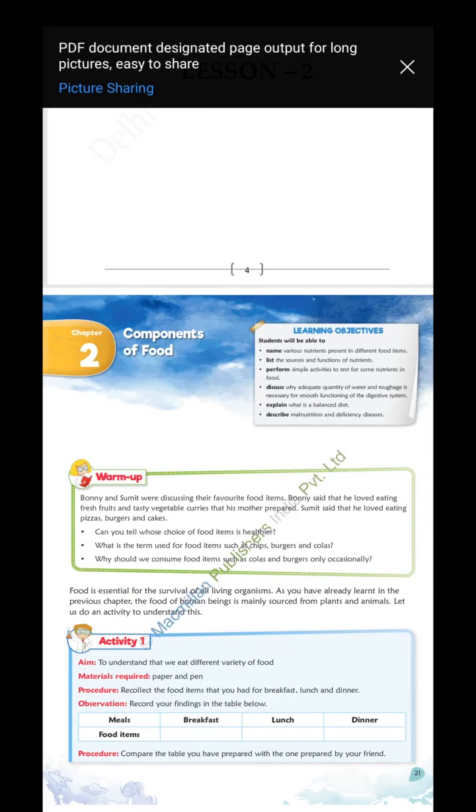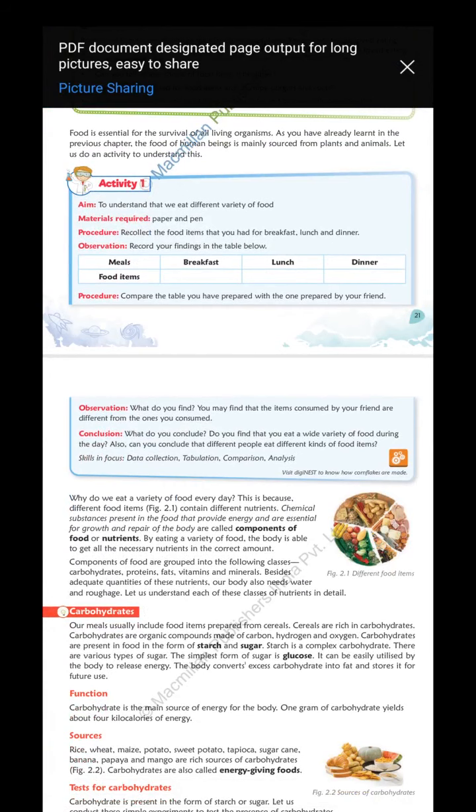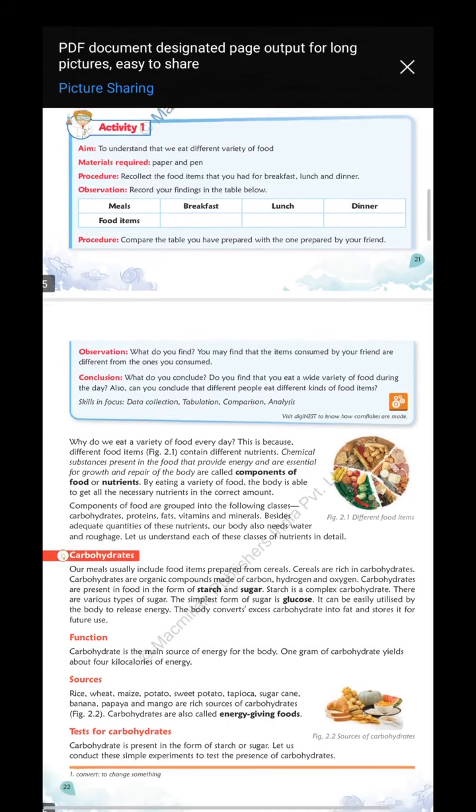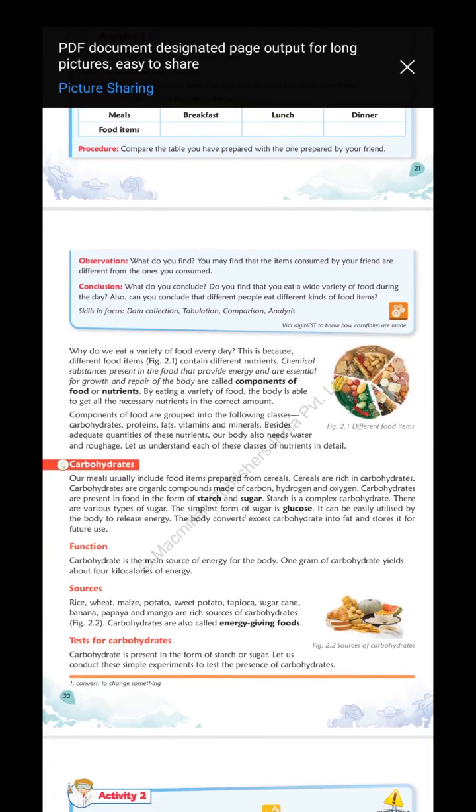Components of food. This also comes under biology. These two lessons come under biology. Fiber to fabric, and the lesson on materials and things, comes under chemistry. So in this manner you have completely mixed science. Okay? So this also comes under biology. So components of food are nutrients. I told you about nutrients before, and also informed that we'll discuss nutrients in the next lesson. Okay, now I want to select nutrients.